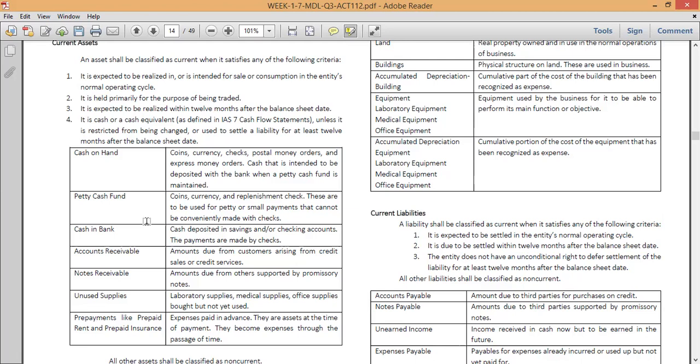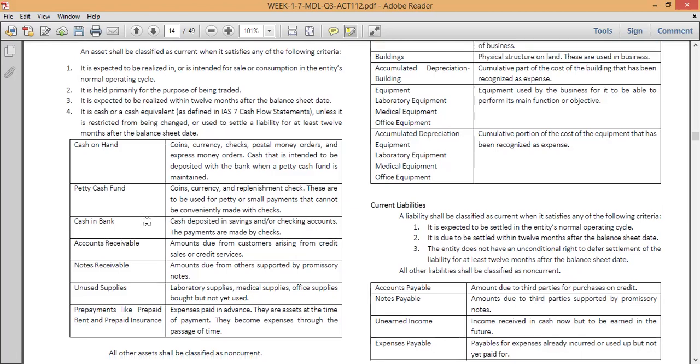The next is prepayments like prepaid rent and prepaid insurance. So, expenses paid in advance. So they are assets at the time of payment. They become expenses through the passage of time. So yung mga prepayments natin, consider siya as current assets kasi ito yung binayaran mo ng advance. For example, sa renta, okay, yung store mo, business mo, nagbabayad ka ng renta, pero nagbayad ka ng advance. So, consider yon as your assets. Okay? Yung mga paid in advance. Okay? So, I hope clear po tayo sa